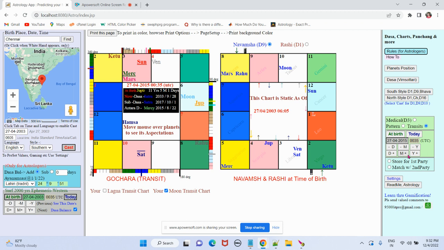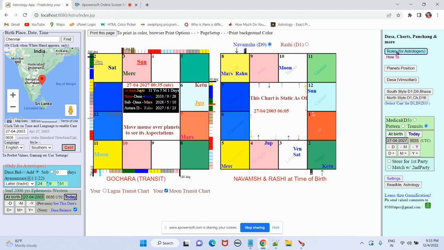Now, I'm not sure if there will be some year in which in Cancer, if Sun comes, or in Cancer, if there is Rahu Ketu at the time when Jupiter comes there. Let us see this year. Yeah, you see, this year, even though Jupiter has come to Cancer, because Ketu is there, and we have selected that it should not be conjunct with Ketu, it is not showing as Ruchaka Yoga. This is the power. This is as detailed as it can get, and really, I'm very very happy.